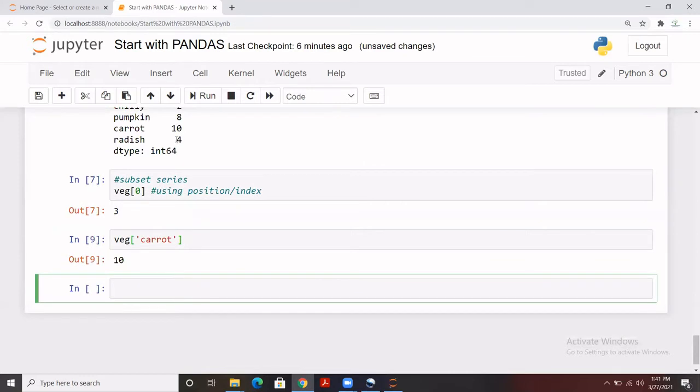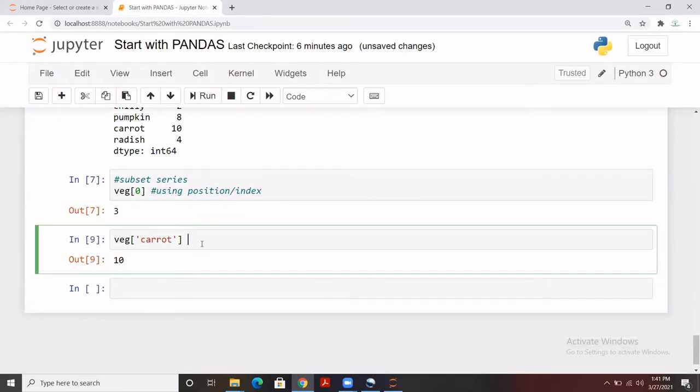Here it is. This is the output, and we called it using the label, basically the name that we have in the index. So we have two options to extract any value, either from the position or from the label. This is what we call extracting a single record. In case we want to extract multiple records altogether, yes, we can do that as well.